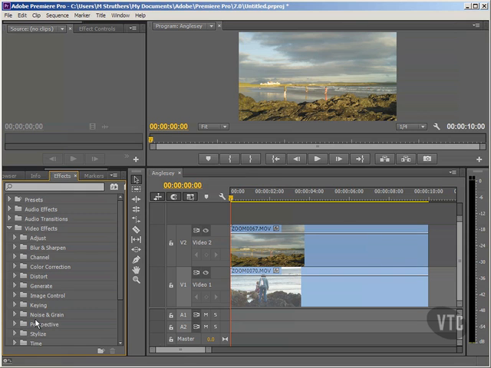Perhaps I want to use a black and white filter and place it on one of my clips. Well, unless I know exactly where it is, it can be a little bit tiresome searching around for the particular effect that you want to use. So instead of doing that, I'm going to use this search field just above. As soon as I start to type in the effect that I'm looking for, i.e. black and white, in this case I only have to get as far as BLA before I can now